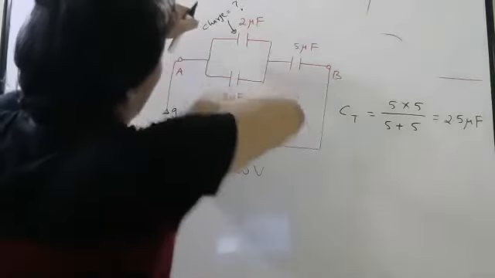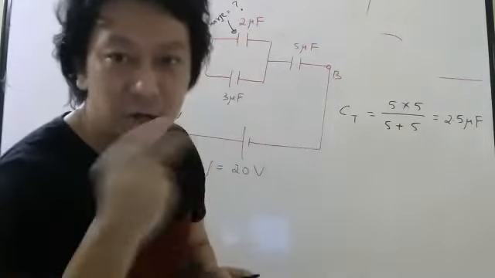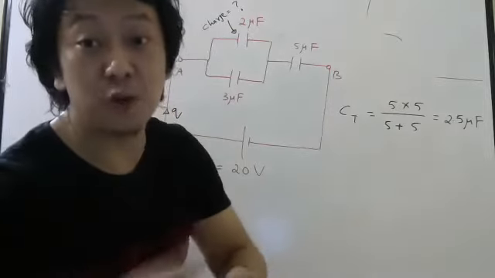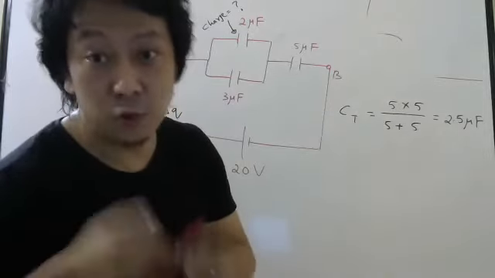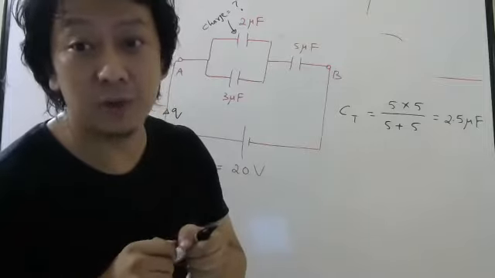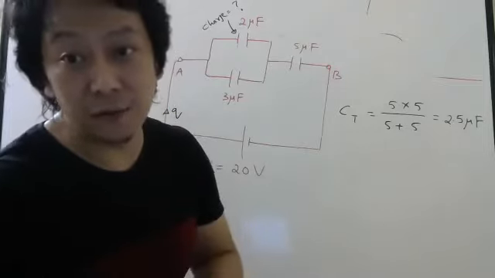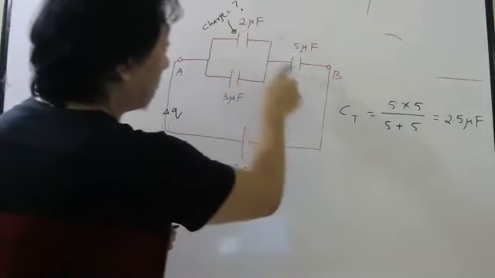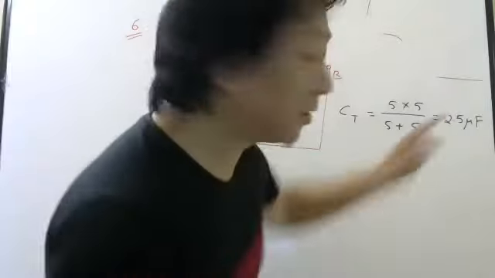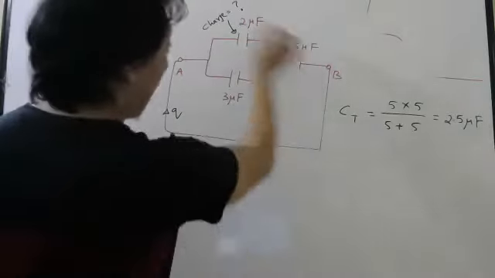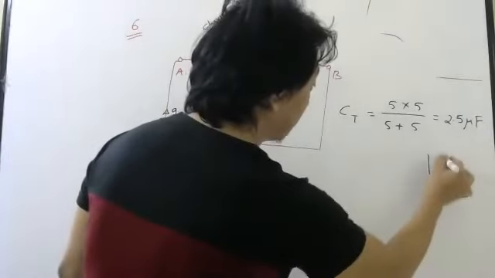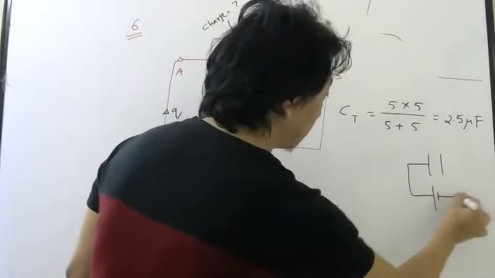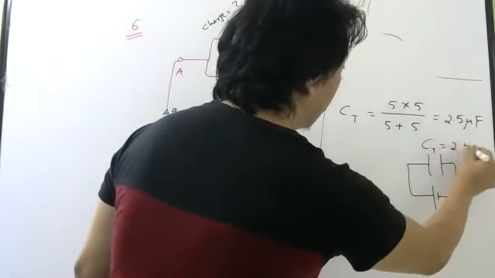So now students, don't try to draw the diagram. Don't rub this and put one more capacitor. Try to do it fast, because we have spent so much time doing it slowly. Why do you do things slowly in the beginning? So that later you can do it fast. Whole life you can't do slowly, no. So once you know these two, the total is 5 and 5 in series. So in series, this will be the total capacitance. That means I can replace this circuit like this. So the total capacitance is 2.5 microfarad.